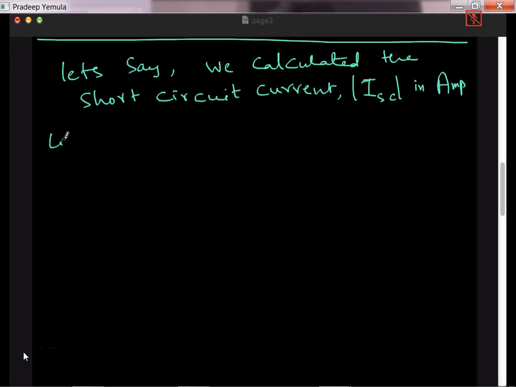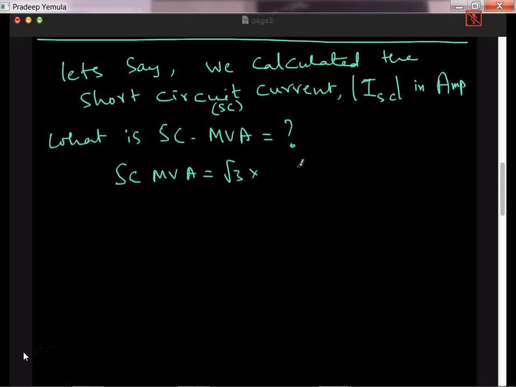Now the question is, what is short circuit MVA? So SC I am using for short circuit MVA. So SC means short circuit. So let me mention it here. So this is SC, short circuit MVA. So you know that if you want to know the complex power, short circuit MVA will be nothing but root 3 into rated line voltage into short circuit current